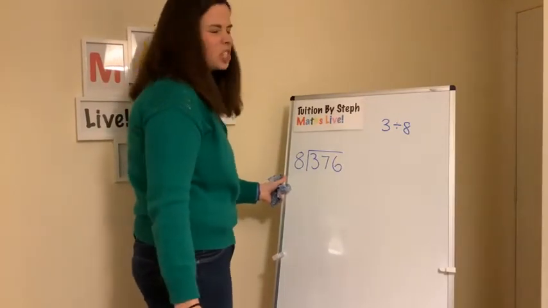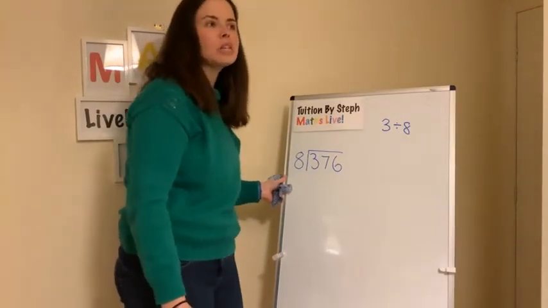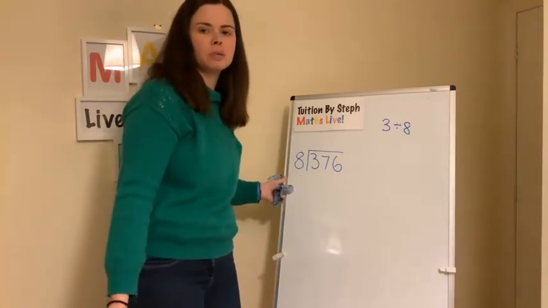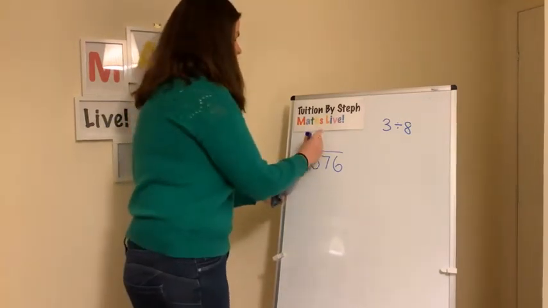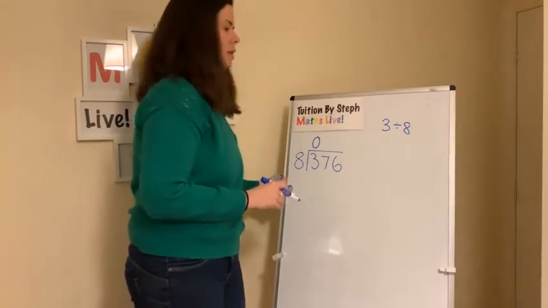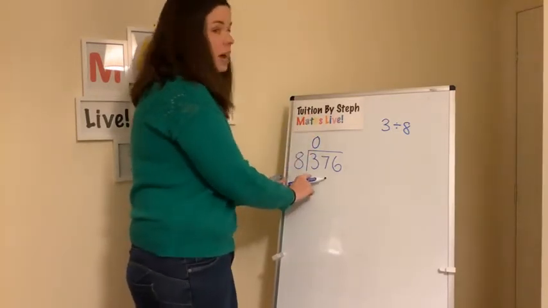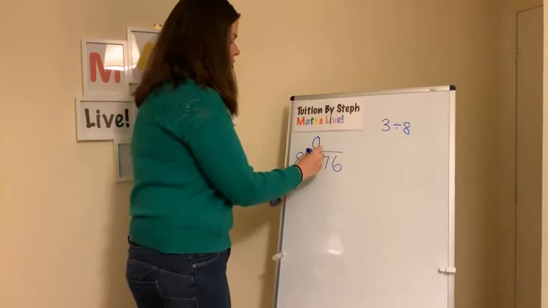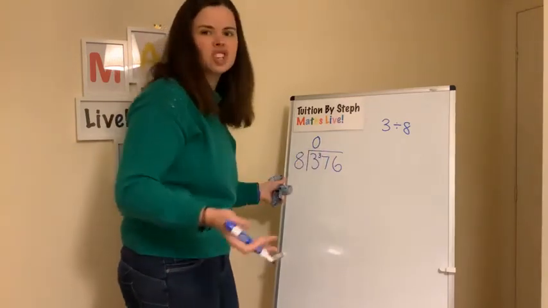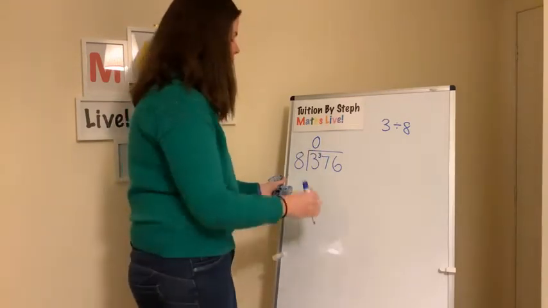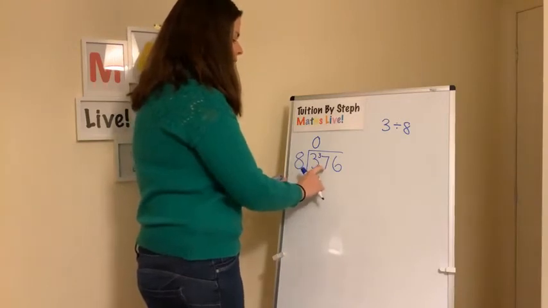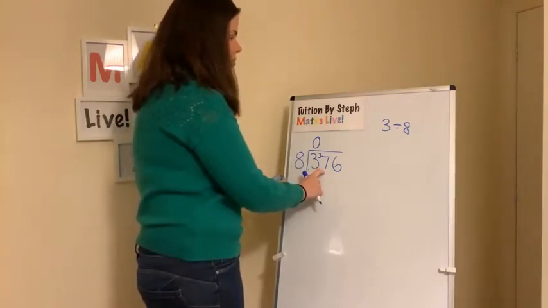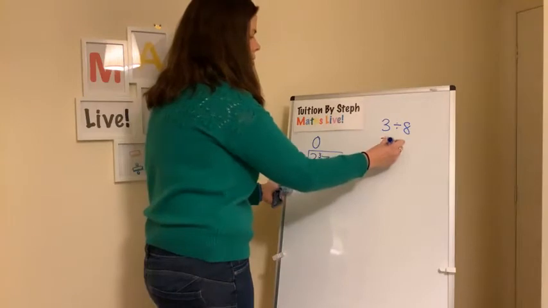That doesn't really work, does it? You can't really divide 3 by 8. You could, but it would go into decimals, and we don't want that. So we just say, no, we can't do it. But we don't forget about that 3. It's left over, so we carry it across, like you're exchanging. And now, it's how many 8s are in 37? So it's like 37 divided by 8.